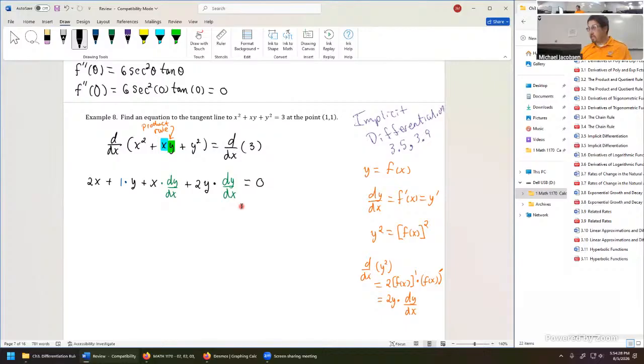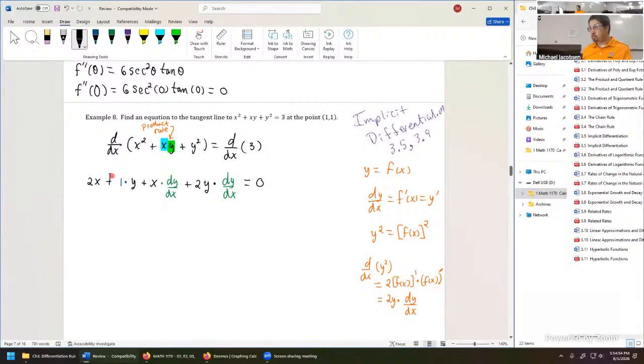Okay, now that we're here, there's a couple of ways you could solve this. One school of thought is, we want the equation of the tangent line at (1, 1). We're literally saying x is 1, y is 1. So you can plug those in for the x's and y's right away if you wanted to. Or you could just solve for dy/dx. I think that's how we usually did that in section 3.5. So I'll take that approach this time. And solving for dy/dx,